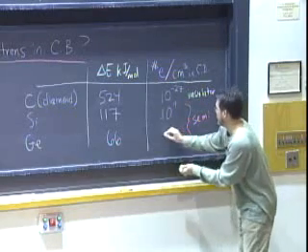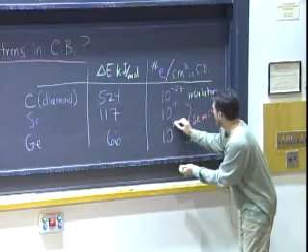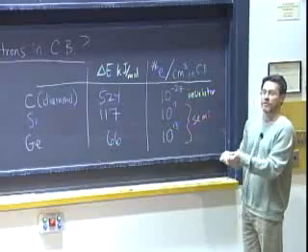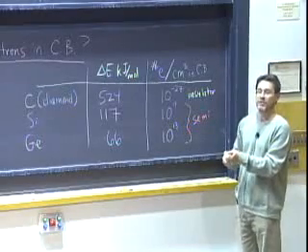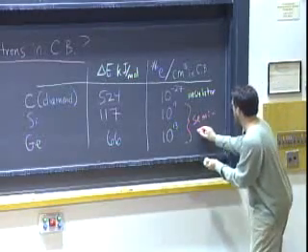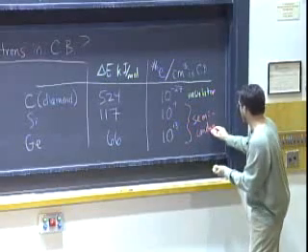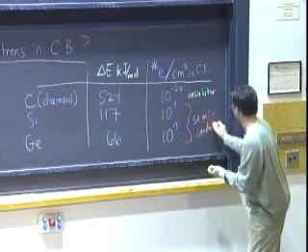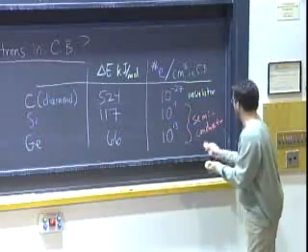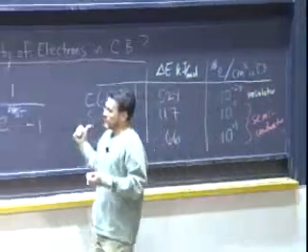And then germanium, 10 to the 13th. So even more, it's getting closer and closer to being metallic as the gap shrinks as we compare these materials. Okay. And